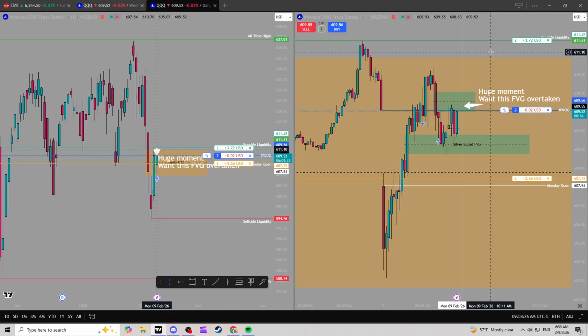I'd want to see a new high from this candle. Oh, wow. Look at how that wick just touched the volume imbalance, and now how it's reacting from it. That is not what you want to see when you're bullish. Not one bit. That's why I said I wanted to see a new candle high.